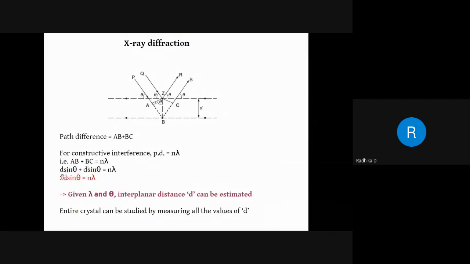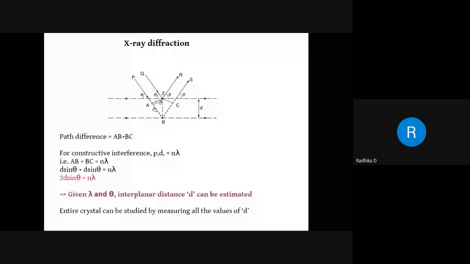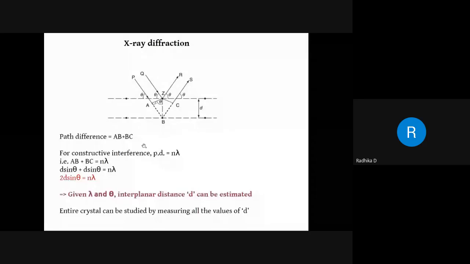What all do we have in this expression? Obviously, the number 2, then the interplanar distance d, and then this angle theta. So this angle theta, that is the angle between the incident ray and the plane. We call it the glancing angle or angle of diffraction. Glancing angle or angle of diffraction. And then the integer n, depending on the interference, it is 1, 2, 3, 4, 5, whatever. And then lambda, that is the wavelength of the X-rays.